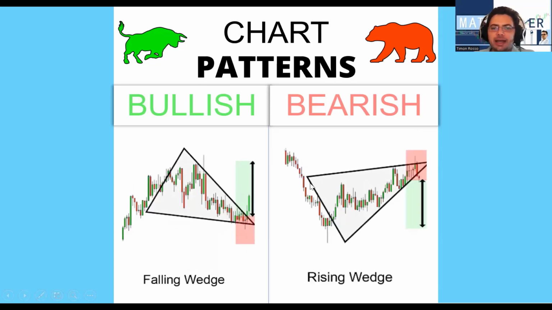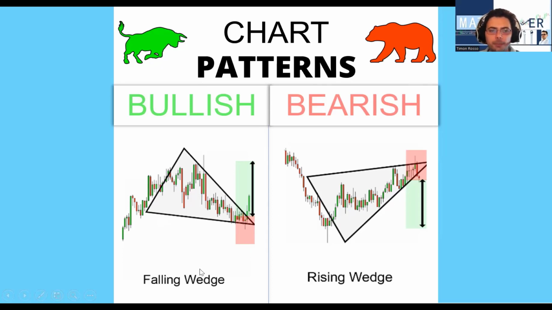Then we have the falling wedge and the rising wedge. The falling wedge is a lot bigger than a pennant. So it looks like a pennant, it acts like a pennant, except there are a lot more candles. So a falling wedge is where the direction has been moving up in an uptrend. It then has a retracement of around 1 to 2 to 3 months of movement. Notice 1 to 2 to 3 months of movement within a wedge formation. The price then breaks up and out of the wedge formation, and you hold it because you expect the price to move up, and then you set your stop loss below the wedge formation to give it leeway.